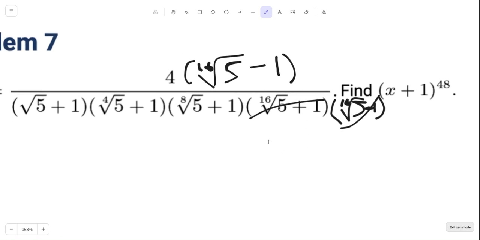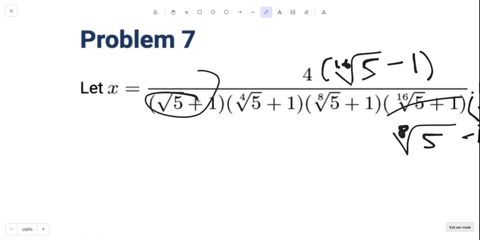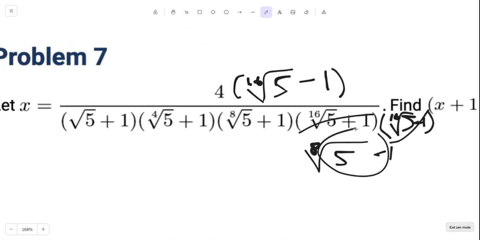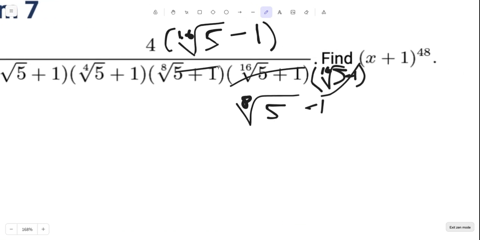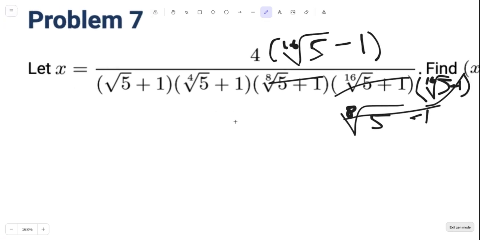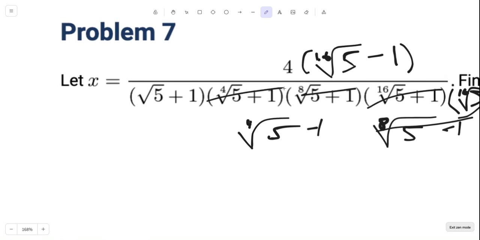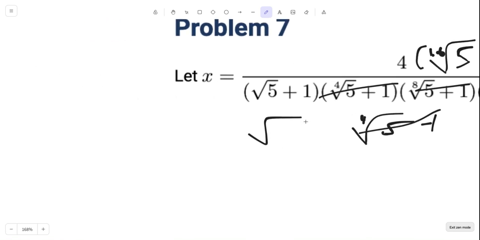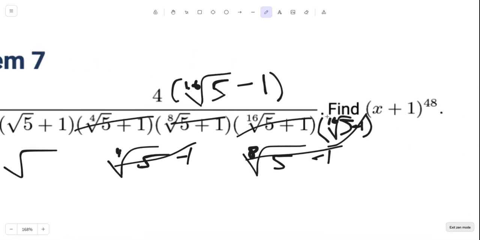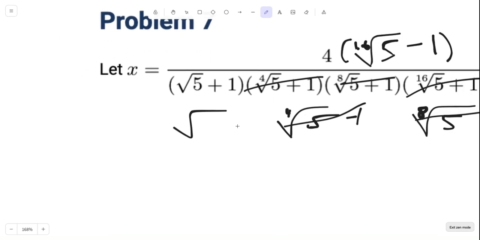Now these cancel out using difference of squares to a higher power, which is the 8th root now. That's why you don't take the conjugate of this term, because if you take it of this term, now notice what happens. These two cancel out using difference of squares, and you get the 4th root of 5 minus 1. These two cancel out because you want to increase the power, so you go from the 16th root and eventually to the square root. Okay, so using difference of squares, these two become square root of 5 minus 1,